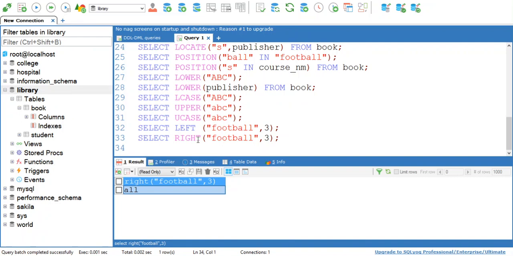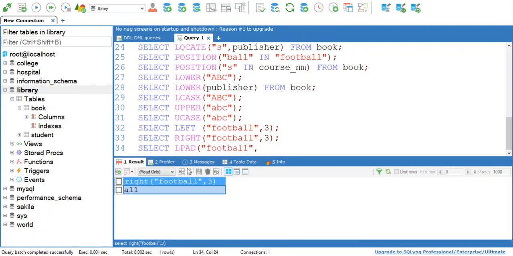Then next we have the lpad and rpad functions. Okay, so lpad and rpad, these two functions are used to pad strings. It is used to make a given string of a given size. So if I write select lpad, lpad receives 3 parameters. My string is again football, suppose.